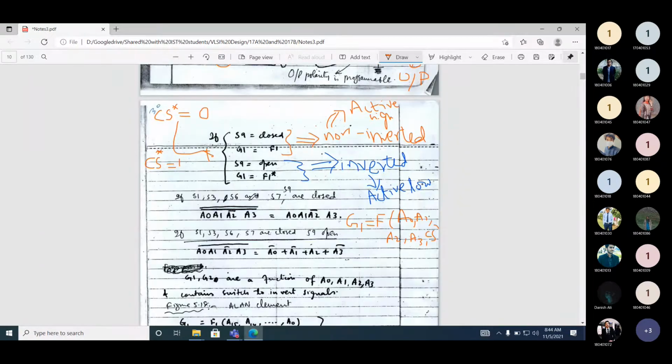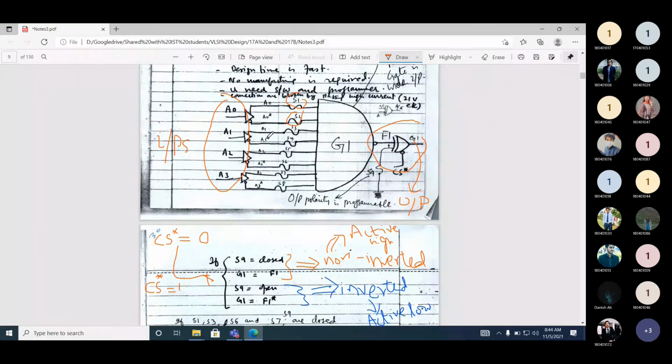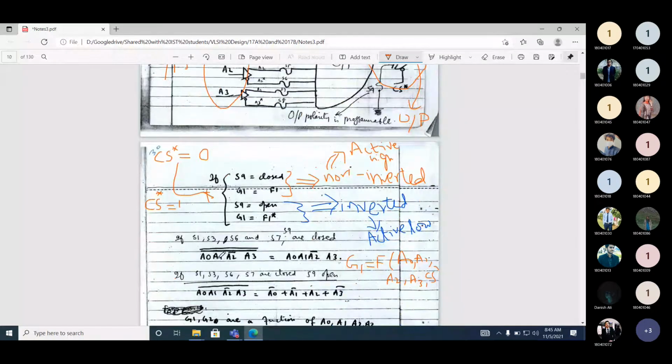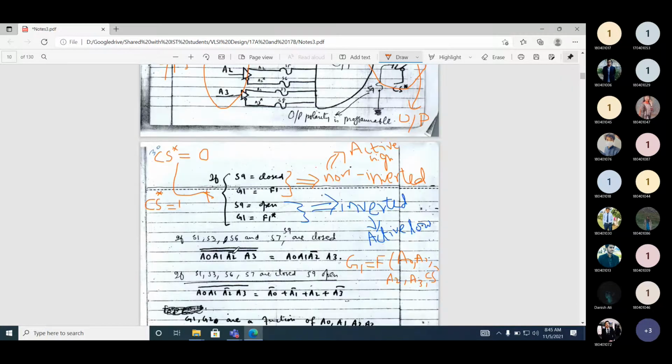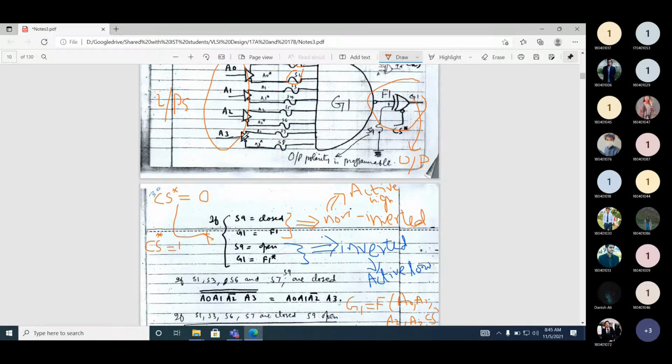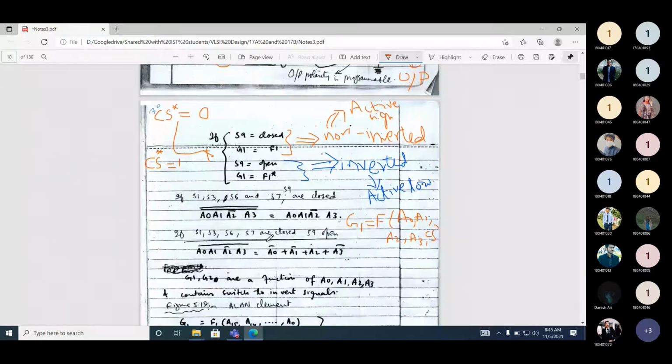Then if S3 is closed, A1. If S6 is closed, you will get A2 bar. And then S7 is closed, you will get A3.